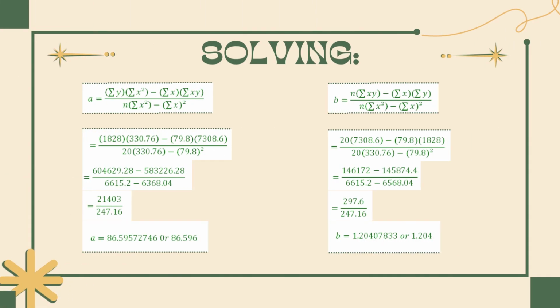In solving for our a, or our y-intercept, we just use the equation a equals the quantity summation of Y times the quantity summation of X squared, minus the quantity summation of X times the quantity summation of XY, over n times the quantity summation of X squared minus the quantity summation of X squared. We just substituted their values: the summation of Y is 1,828 times the summation of X squared, 330.76, minus the summation of X, 79.8, times the summation of XY, 7,308.6, over 20 times the summation of X squared, 330.76, minus the summation of X, 79.8, squared,